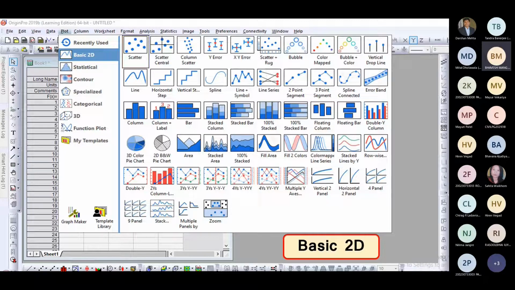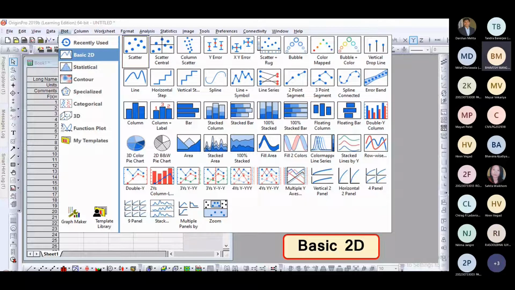In addition to that, 2D pie chart, 3D pie chart, area chart, filled area, filled in two colors, color map line series, double Y line, 2Y column, 3Y, 4Y.